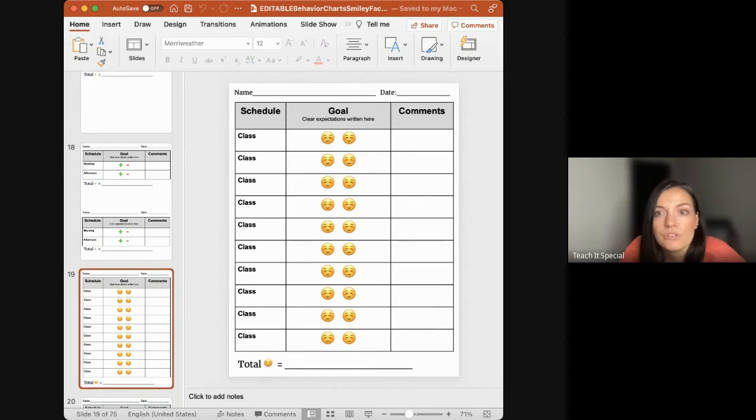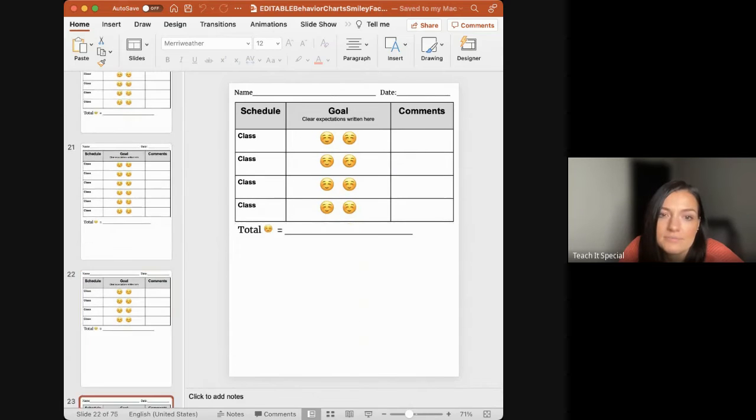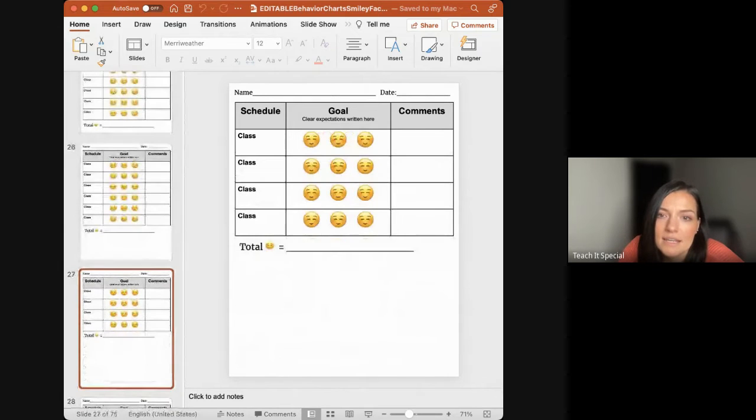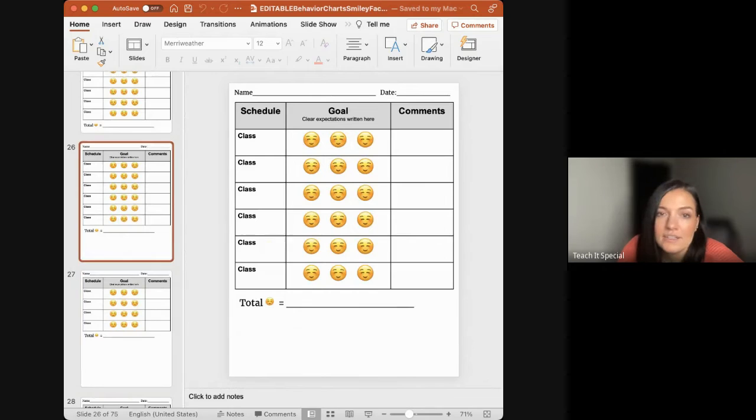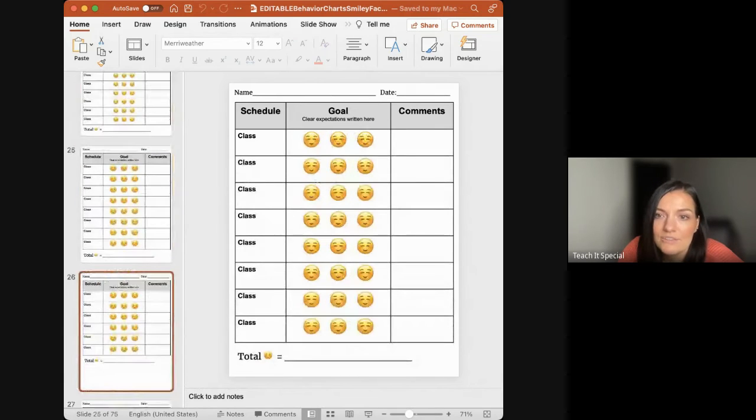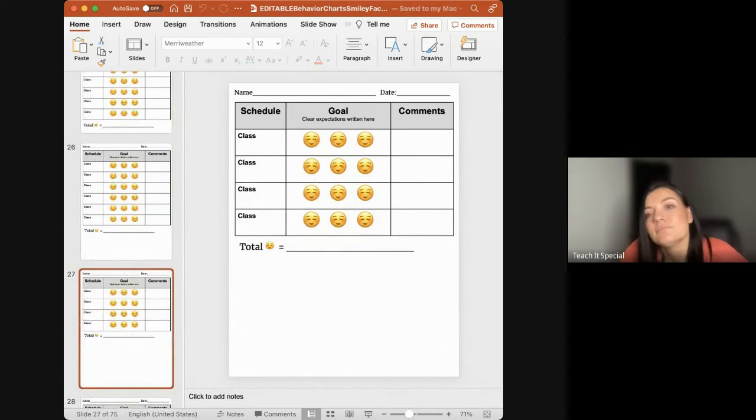Oh, but what if a student doesn't deserve a smiley face? Then you just don't circle the smiley faces, or you could put an X through them because they didn't earn them for that chunk of time. For this, you would just count up the total number of smiley faces on there. Next step here is 3. You can do 2 smiley faces. You can do 3. It depends on how lenient you want to be with certain things and how you kind of want to track your data with that,